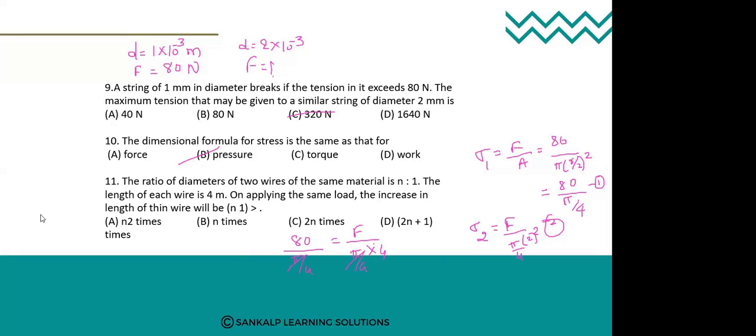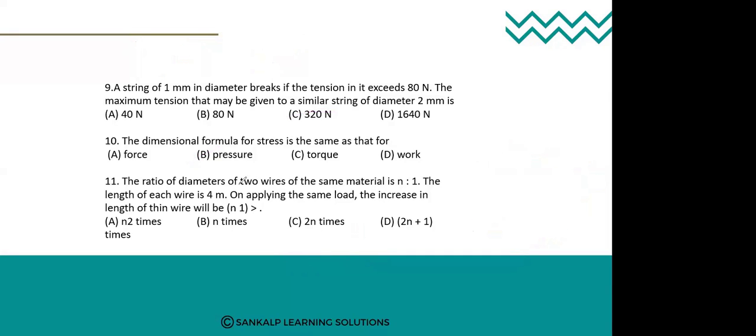Okay, going for the last question for today's class. See the question here, students. The ratio of the diameter of two wires of the same material is given as n is to 1, that is n by 1. The length of each wire is 4 meter. On applying the same load, the increase in the length of the thin wire will be